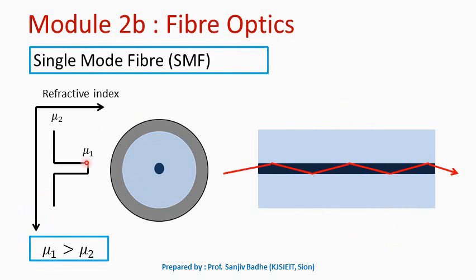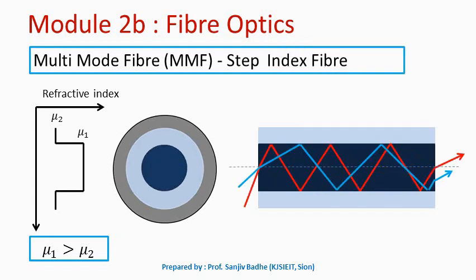Single mode fiber is usually a step index fiber. In a step index fiber, the refractive index of the core is constant. Because it is single mode fiber, the core is very thin, having a diameter of the order of 9 to 10 micrometers. Refractive index of core is mu1 and refractive index of cladding is mu2, and you can see there is an abrupt change of the refractive index at the core cladding boundary. At the core cladding boundary, the refractive index suddenly changes from mu1 to mu2. Inside the core, it is constant. Because the core is very thin, only one light ray can travel through it at a time.